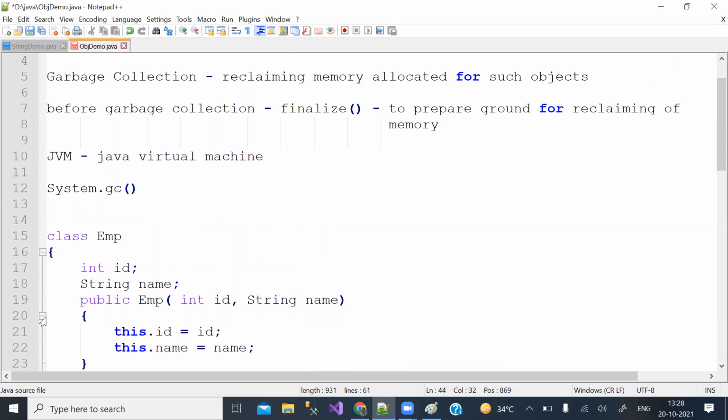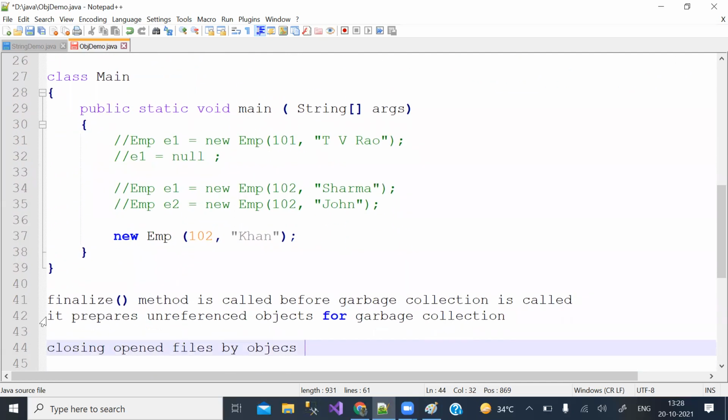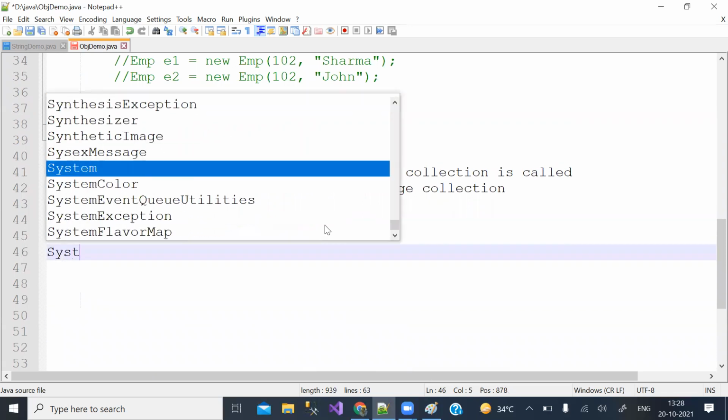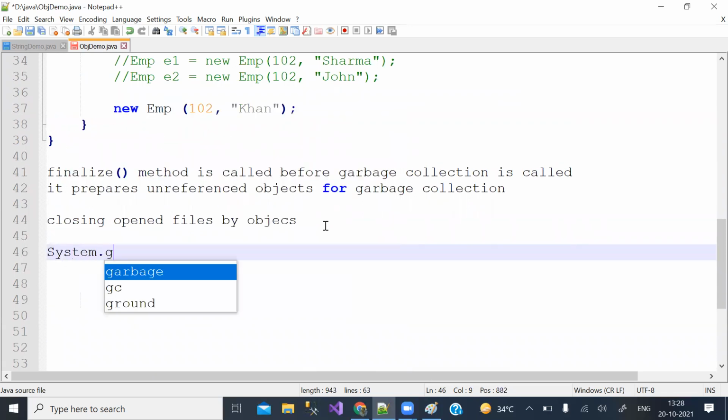But in C and C++, you will have to do it explicitly, but here it is done implicitly. But you can do it explicitly also, manually also, by a method of System class. That method is gc. Is this clear? That's it.